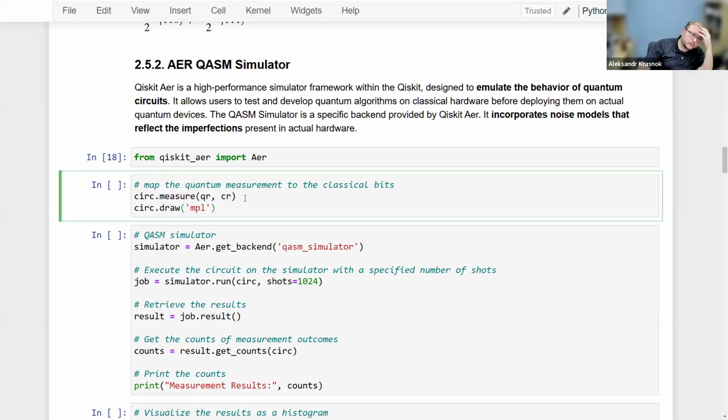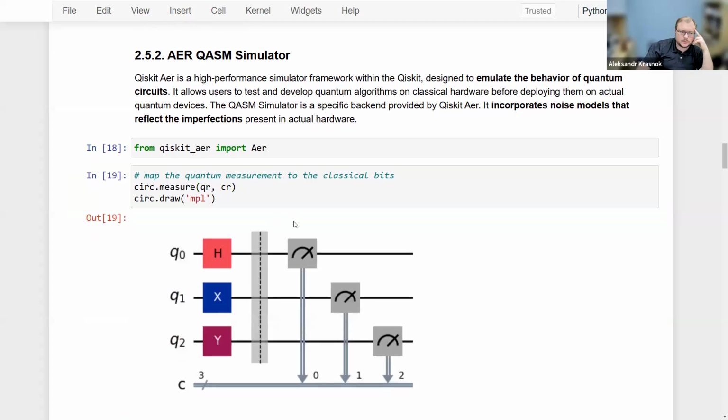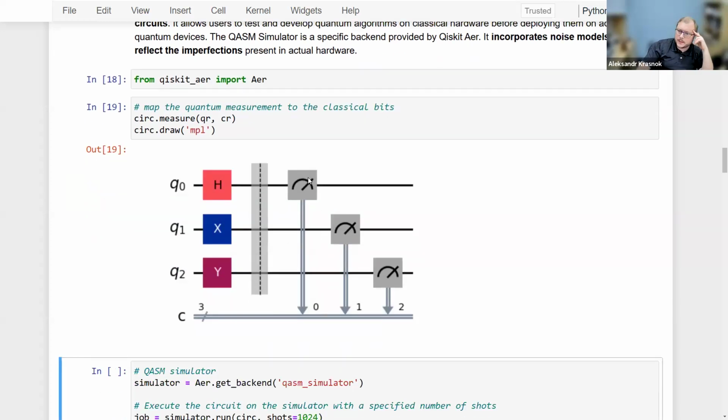I need to supply my circuit with the measurement part, okay? Because any quantum computing simulation must end by measurement of your circuit, of your qubits. So we need to add this measurement